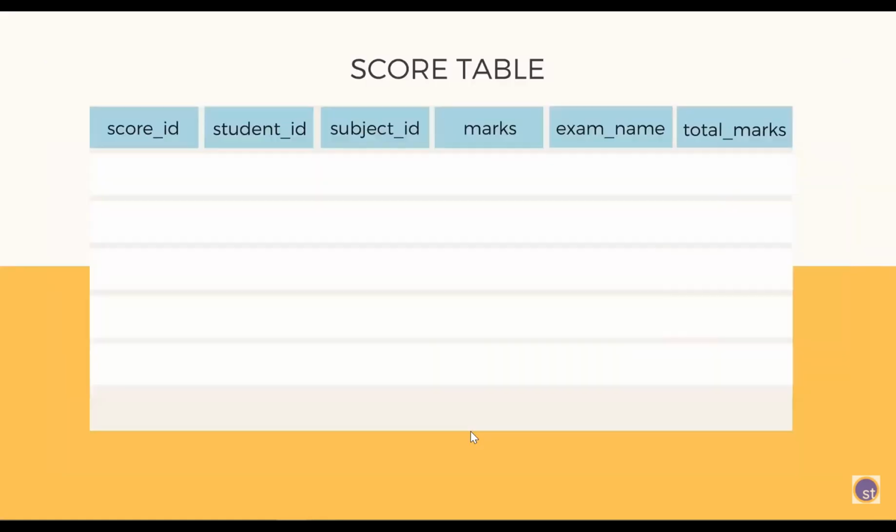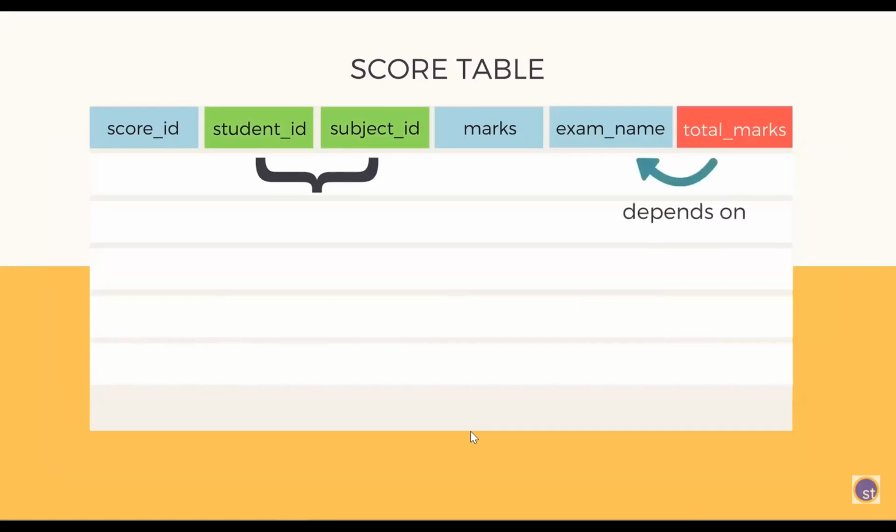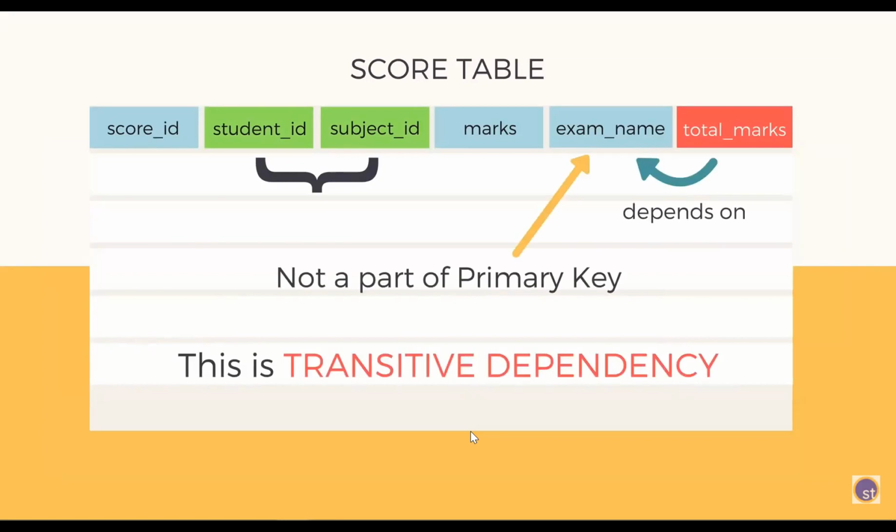Now in our table, we already know that the primary key is student ID plus subject ID, and all other columns or attributes depend on it, except total marks, which depends on exam name. But exam name is not a part of the primary key, right? This is transitive dependency. When there is an attribute in a table which depends on some non-prime attribute and not